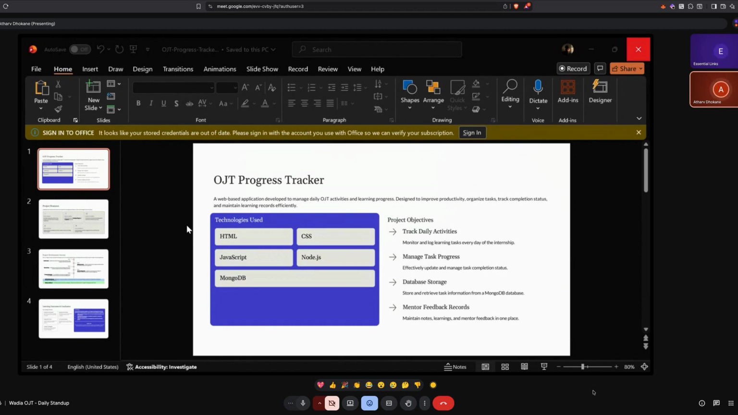So we use some technologies like HTML, CSS, JavaScript, Node.js, and MongoDB. Node.js is for backend, sir. So the project objective of this is to monitor daily activities, learnings, and tasks every day of the internship. We can manage the progress. The database is stored in MongoDB, and the notes are stored in the MongoDB notes section. So the next is